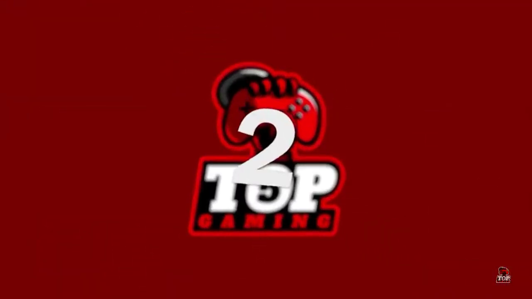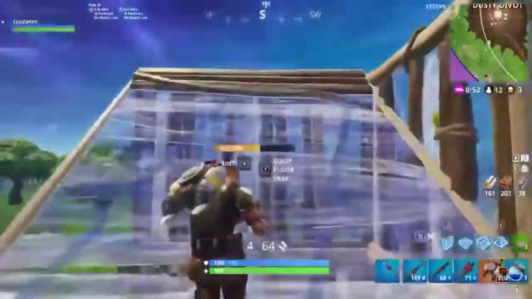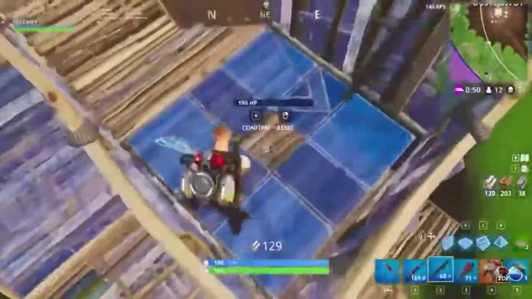Number 2. Do llamas ever spawn in the center of Tilted Towers? Blue llamas are rare, but if you ever find one of them, you know you're in for a good game. They take around 8 seconds to drop, but they give a player 200 wood, stone, and...